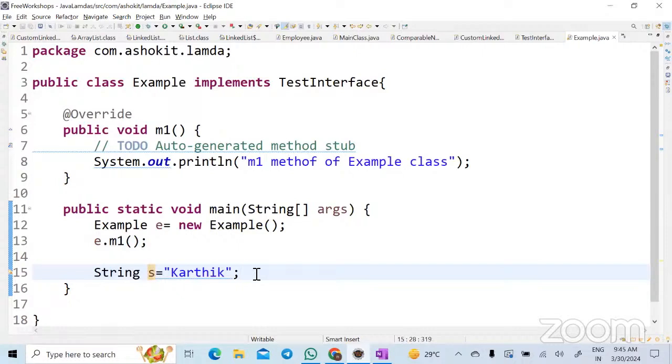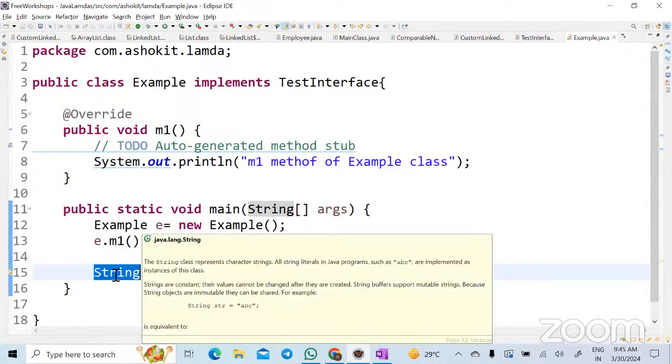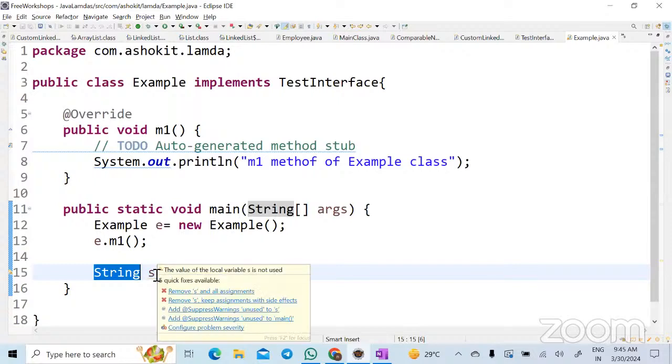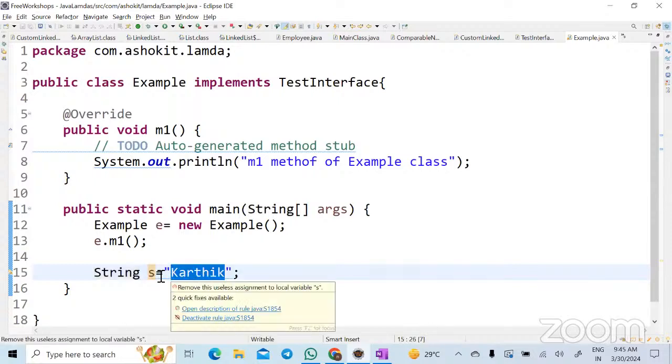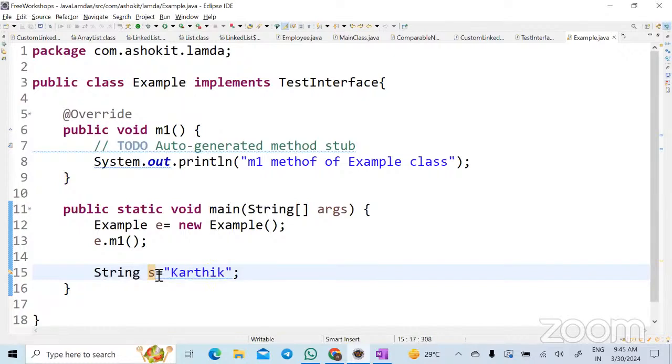S is a string literal. Generally, without the data type, S is a variable and the data type of that variable is String. String is a class in Java, so we can call it an object. And what is S storing? Karthik, right? Now, whenever we mention the data type, say for example, if I say, why am I getting a